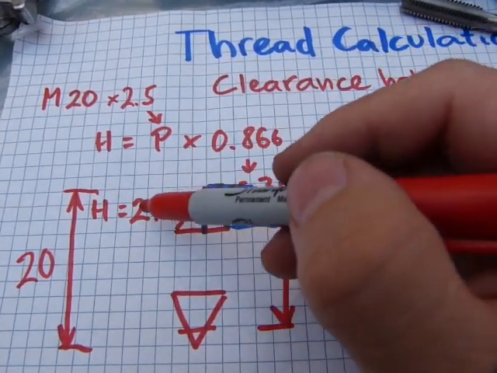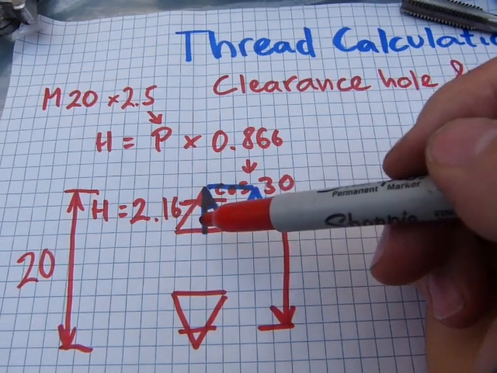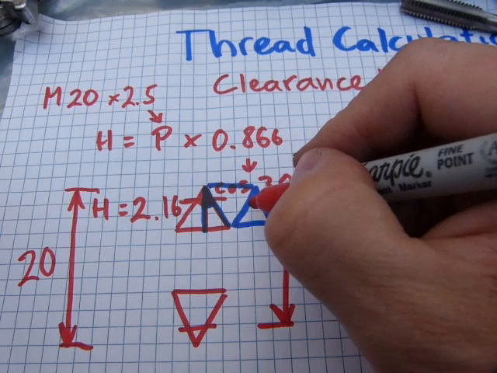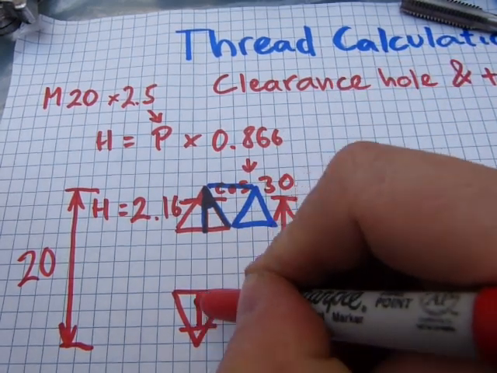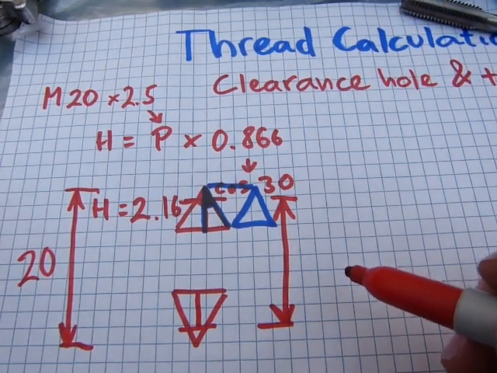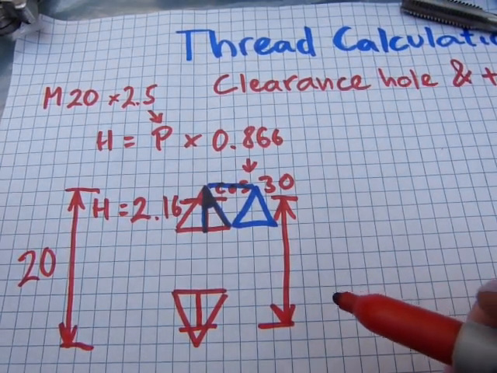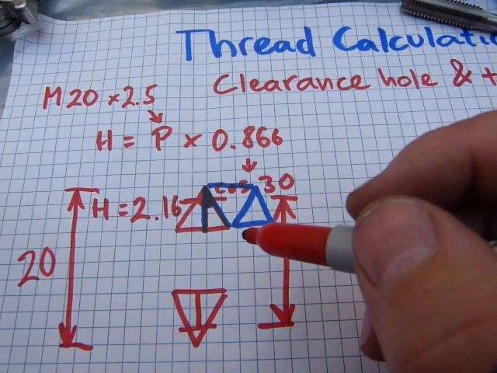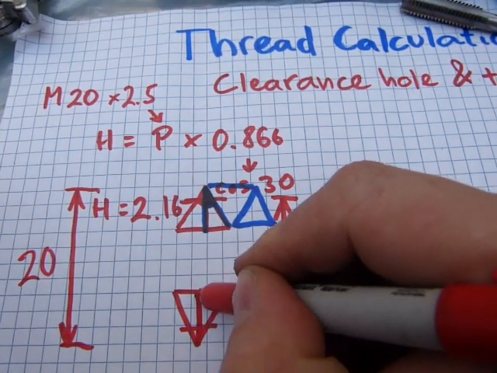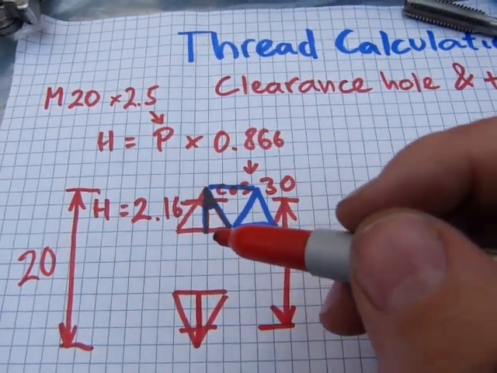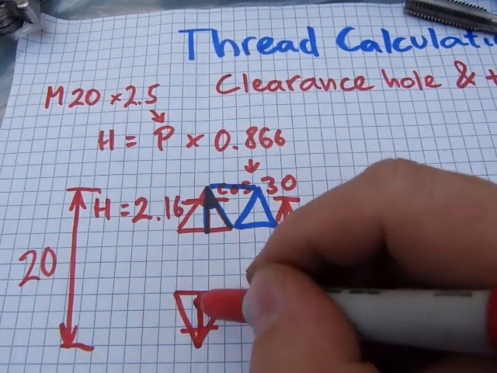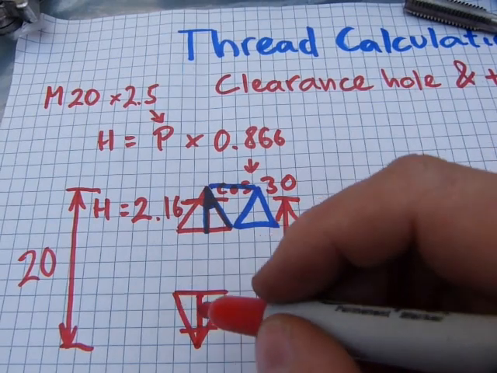Okay, so I just calculated that one thread height is 2.16. That's good. That's the part that survives from here to here. Also on the other side, here to there. Actually, sorry. That's not the part that survives. Sorry, that's the full height of the thread. My bad. That's the full height from the top of the triangle, from the crest to the root. Okay. Now, like I said,